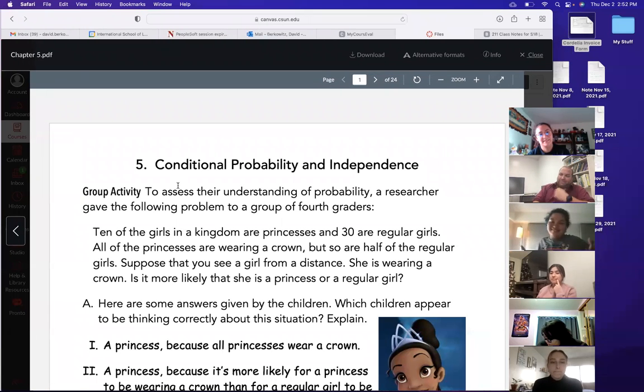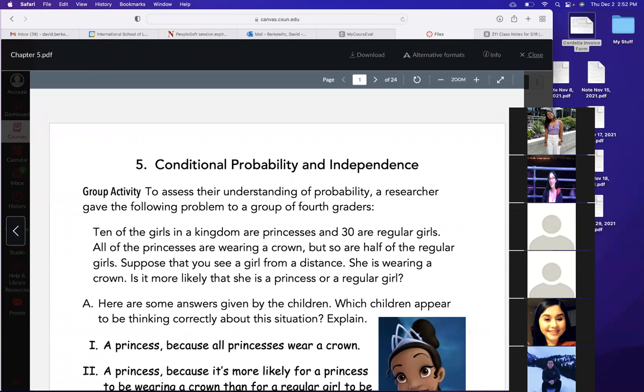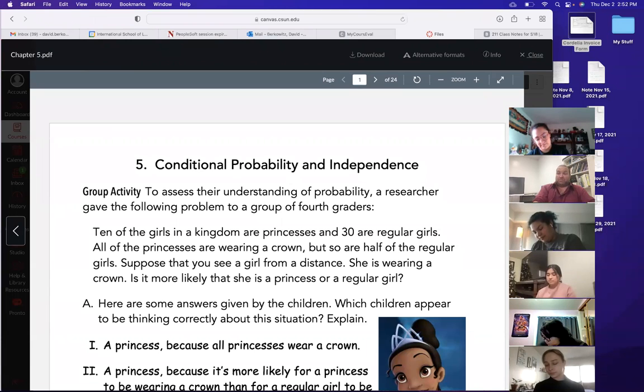All right, chapter 5, conditional probability and independence. What happens if you are given some additional information that might influence likelihoods? If I say, what's the probability of flipping a coin and getting a heads, you say, oh, it's 50%. If I say, what's the probability of getting a heads if it's not tails?